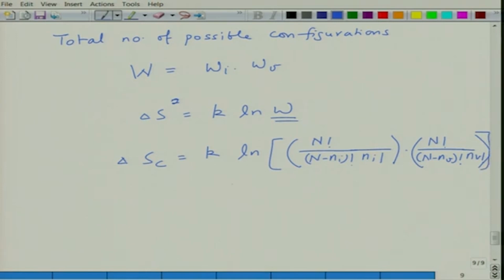Since we know that nv is equal to ni, the first condition is nv equal to ni, and the second approximation is Stirling approximation